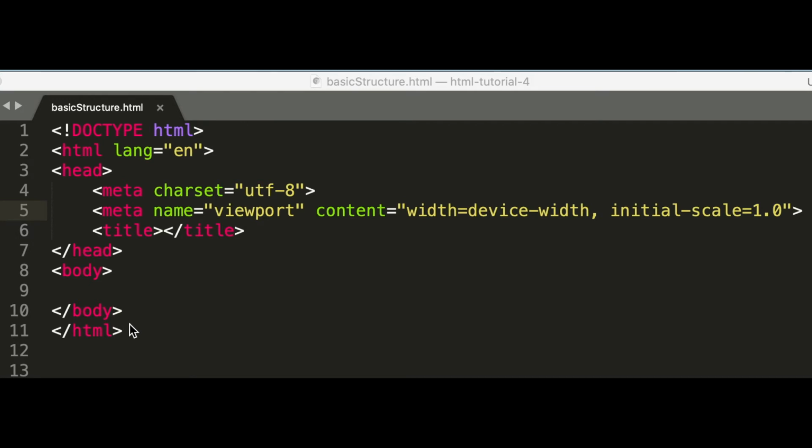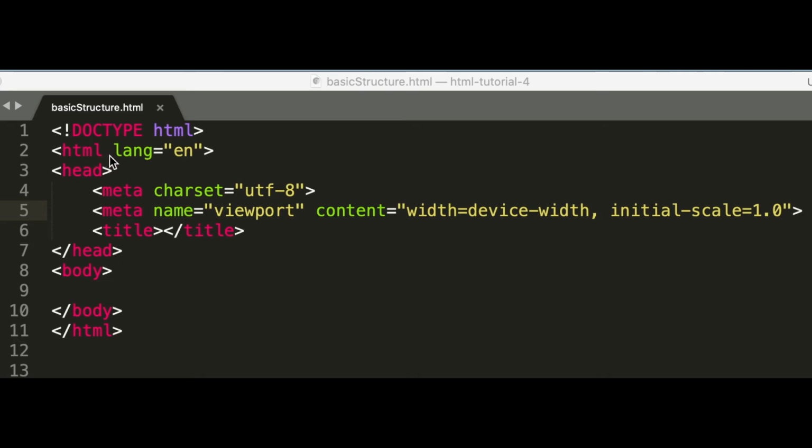When we say that the HTML tag represents the root of an HTML document, what that means is that it is the container for all other HTML elements, except for the doctype tag. Now, in the previous video, I had mentioned that elements can contain attributes, and you saw examples of some elements with attributes too. Don't worry about what they are right now.